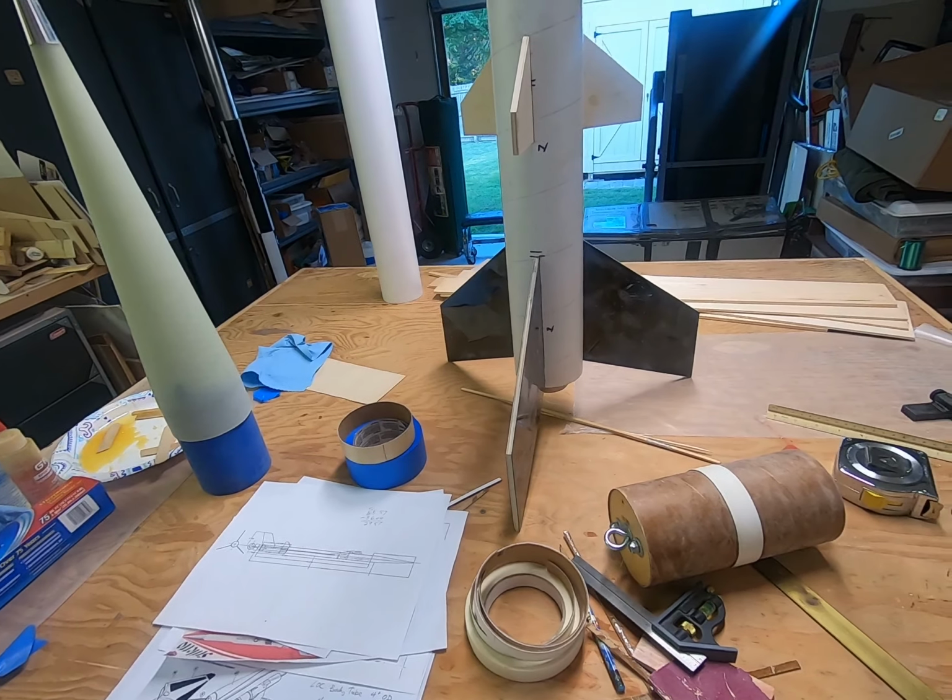Now, one of the big design features of this rocket is this simulated raceway wireway that goes up the length of it. So I need to make that out of something. So I was looking at it. It's a 4 times upscale, and the piece that made that in the original rocket was an 1/8 by 1/8 by 12. So that turns out to be 1/2 by 1/2 by 48. So looking through my stashes of wood, I pulled out some of the big pieces here. These are all 4 feet long. But I don't have any 1/2 inch thick ones, so probably what I'm going to do is laminate 2 pieces